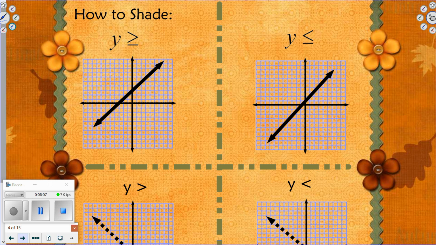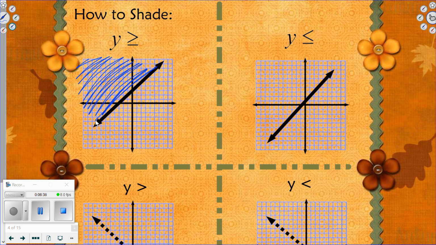So first let's practice the shading before we actually get into graphing. So if it was y is greater than whatever, and this is what your line looked like, which way is above that line? So notice it says y is greater than. So think of your y-axis. Where on the y-axis is it above the line that you drew? That's the side you want to shade. So you would just go ahead, you can shade it in. Usually people kind of scribble it in like that,